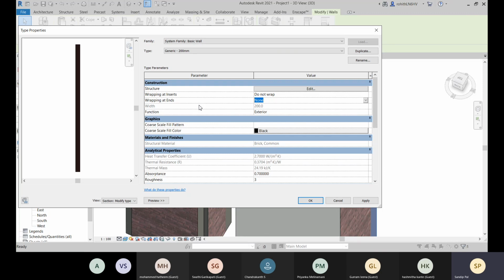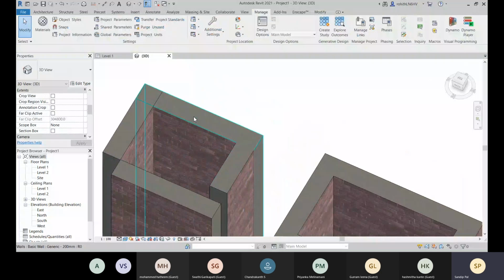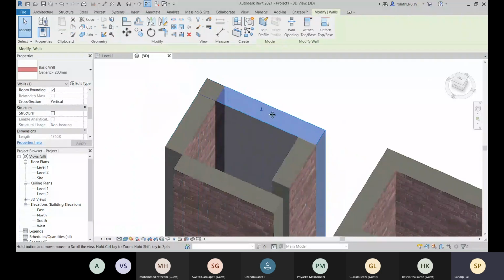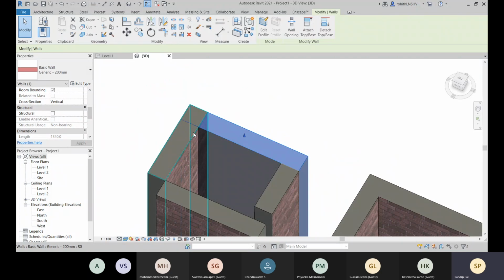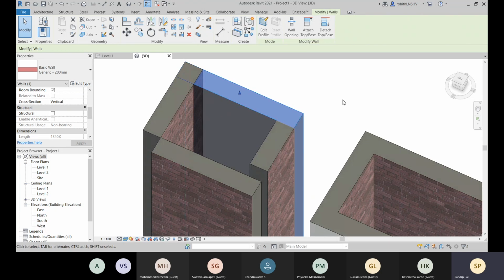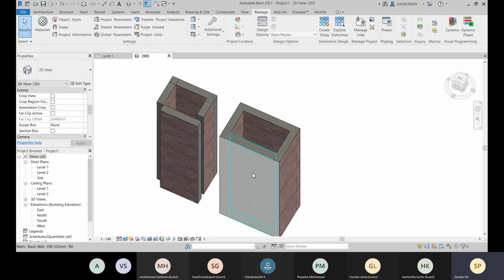We will come to this later, about wrapping at end and wrapping at insert. So this is not reflecting anything right now, the wrapping part. But generally, you are not wrapping it. So this is about your curtain wall.